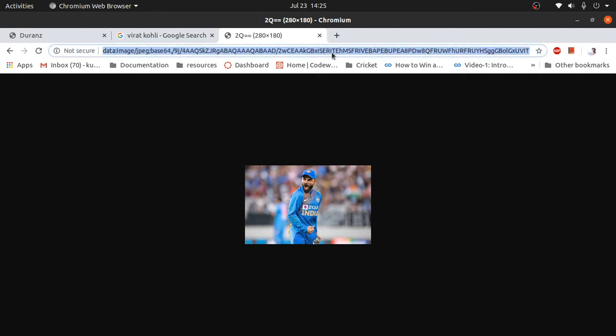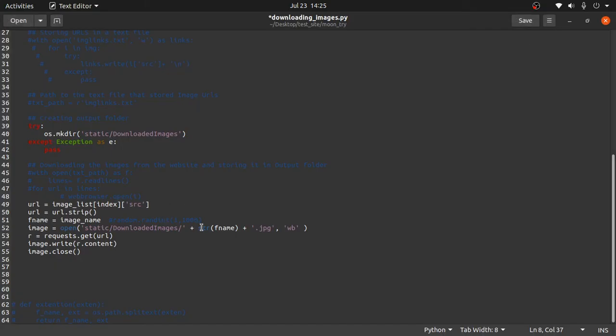So we opened this URL, and everything that is present in this URL we want to write. So we are opening an image file, and the parameter we are passing is write binary, so we are writing binary or bits, and then request.get URL.